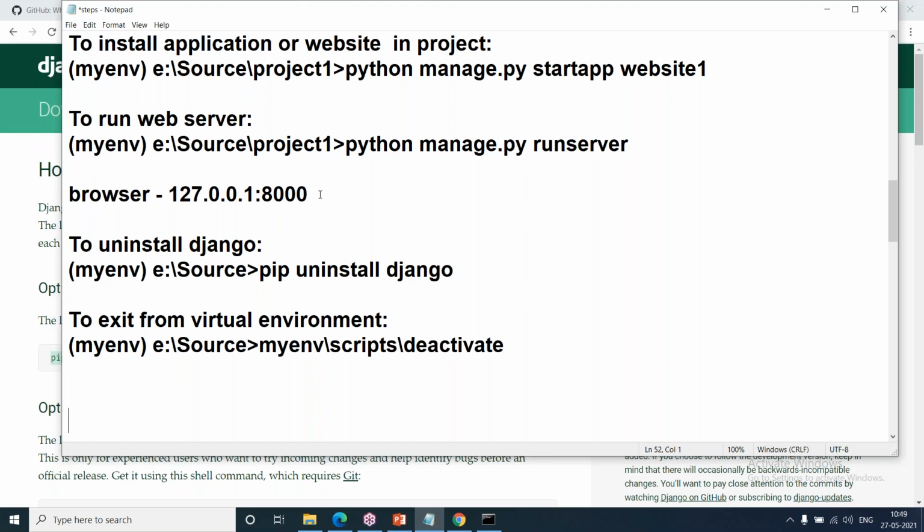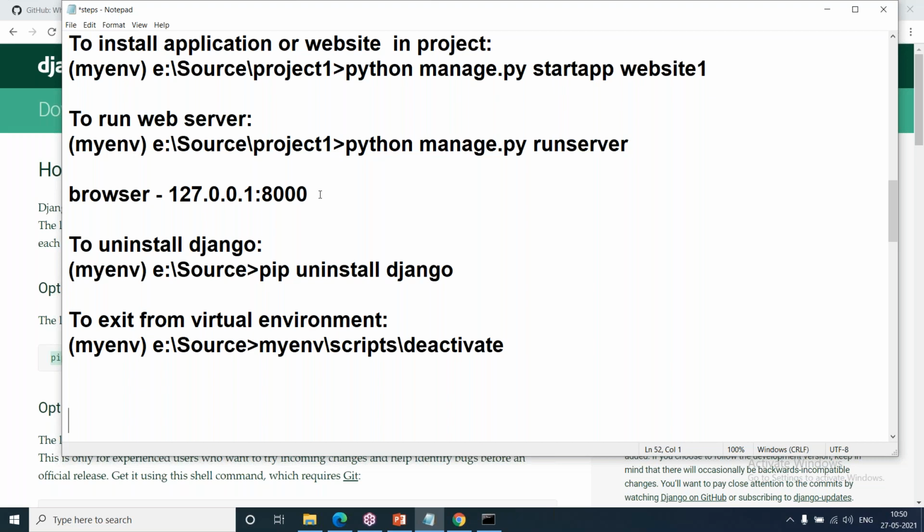And here 8000 is a port number. The port number is the memory location where the client and server will communicate. Client means browser, server means web server. In the web server, the websites will be there, the project websites. So the port number is a memory location where the browser and web server will communicate, and the data is transferred between them. Okay, so the port number is very, very important here. With the port number, communication is possible.